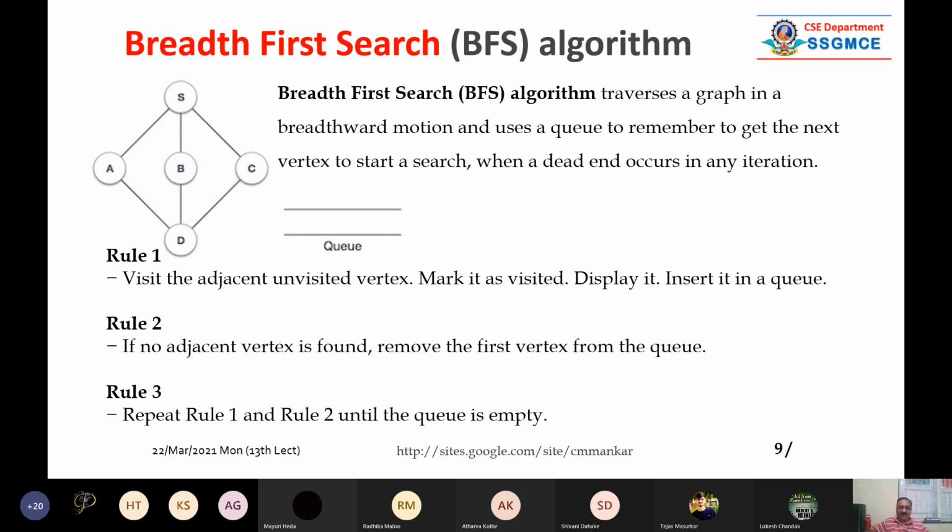Then rule number 3 is there. So you have to repeat rule number 1 and 2 repeatedly, iteratively until the queue is empty. मतलब हम क्यू में क्या करते हैं, जिस स्टार्ट करते हैं क्यू में हम एंट्री करना चालू करते हैं, और वैसे ही जिसका काम हो गया है, जिसको मार्क किया हमने, उस नोड को हम क्यू में से निकालना चालू कर देंगे, लाइक दैट.